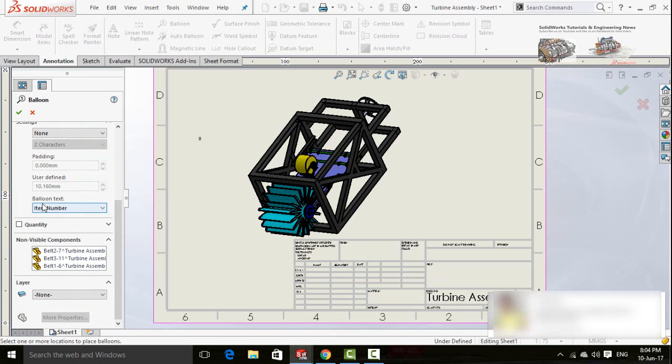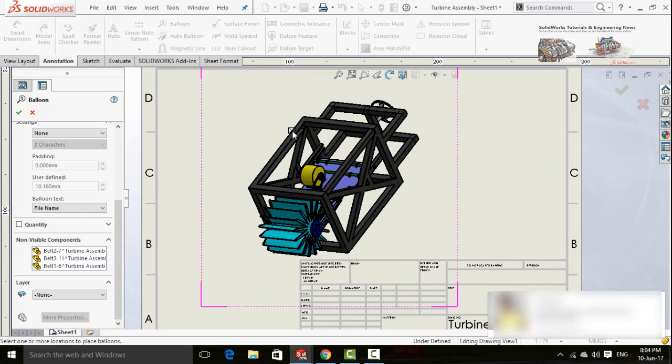Here is the option for text, the text type. If you want to write the file name, automatically select file name or quantity or anything from these options. I am selecting file name. Click on any part to link the balloon with it.